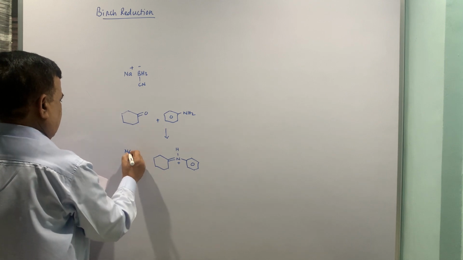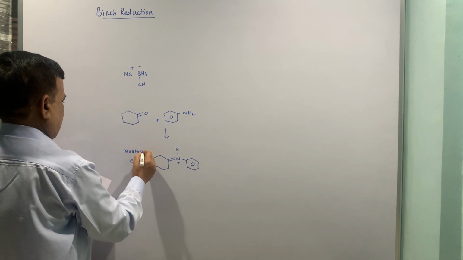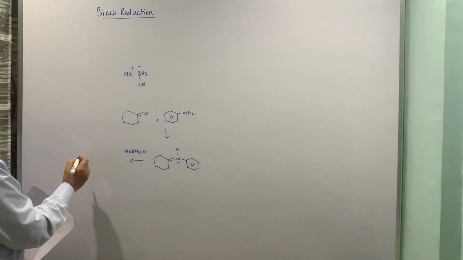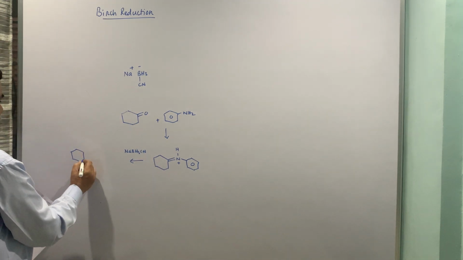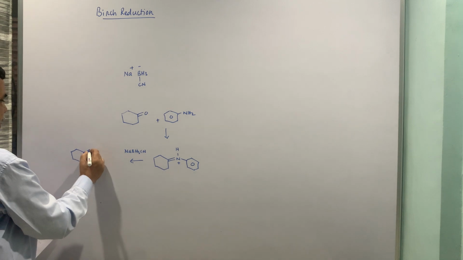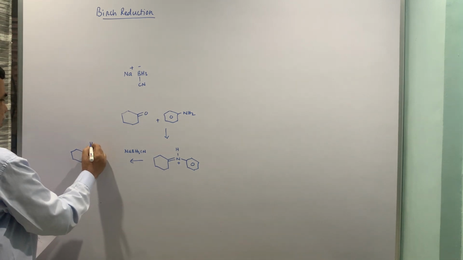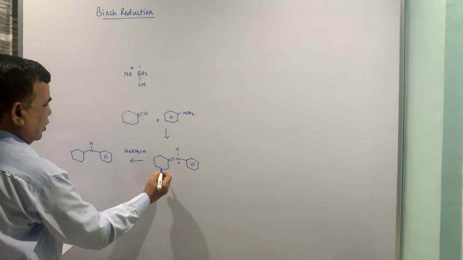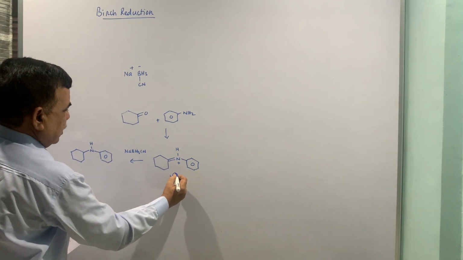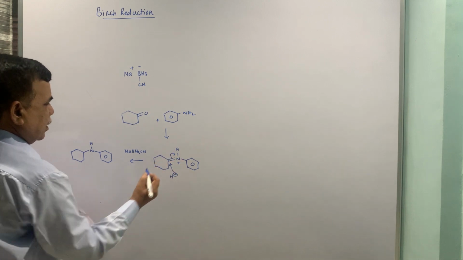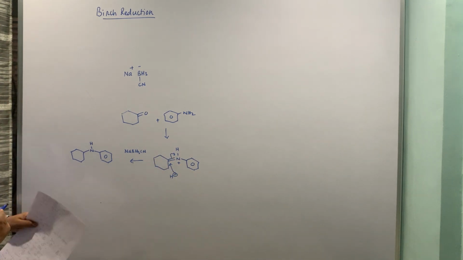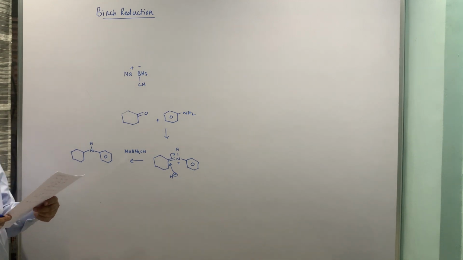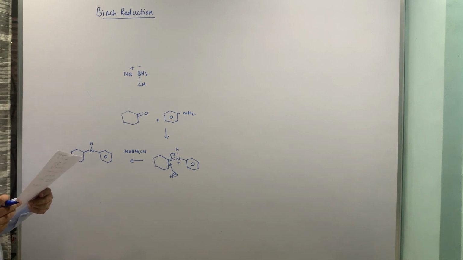And here the sodium cyanoborohydride supplies the H dot or H minus, one can say. So, this is also a hydride donor. So, H minus is added and the positive charge on nitrogen is rectified. So, that is the advantage of having the sodium cyanoborohydride as a reagent with us.